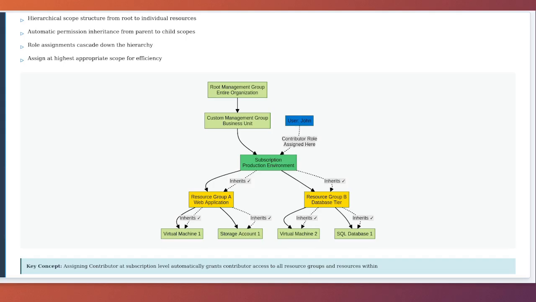The diagram shows this with a user assigned the contributor role at the subscription scope. The green checkmarks indicate where this role assignment grants access. Because the role is assigned at the subscription level, the user automatically has contributor permissions on resource group A and resource group B, and on all resources within those groups: virtual machine 1, storage 1, virtual machine 2, and database 1. If you wanted to restrict access, you would assign the role at a lower scope, such as only on